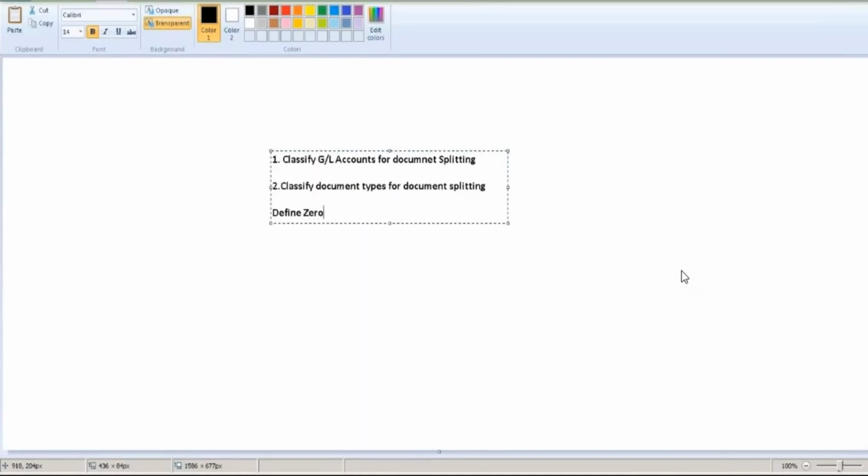Then define zero balance clearing account, define document splitting characteristics for general ledger account,